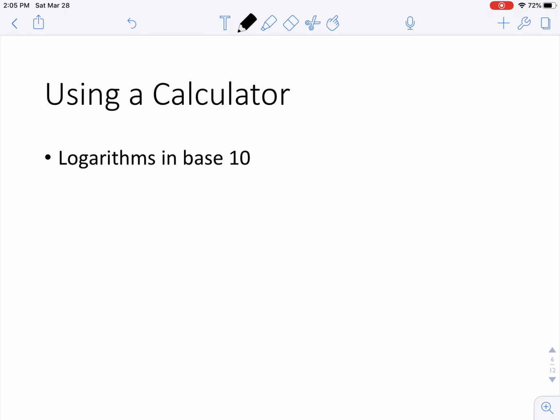Okay, so hopefully you paused the video and got out your graphing calculator, but let's talk about logarithms in base 10. Base 10 is one of the most common ones. Let's go back to that original function: what do we do when we can't solve 10 to the x is equal to 20? Well, then I'm going to rewrite it using a logarithm. We take the answer and take the log of the answer. So it's going to be the log of 20,